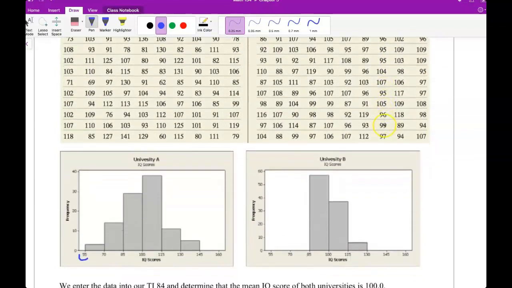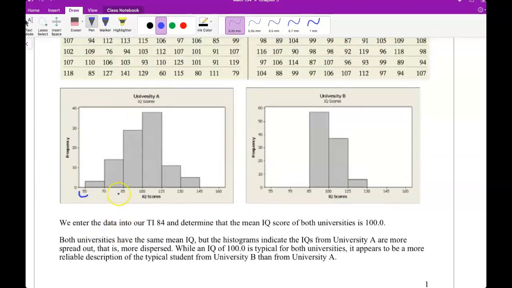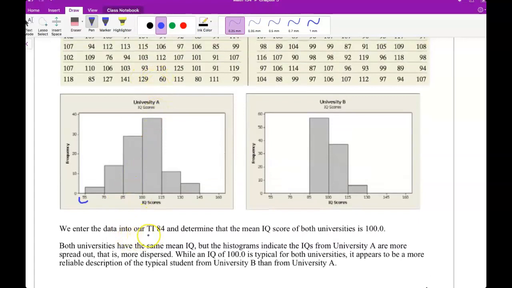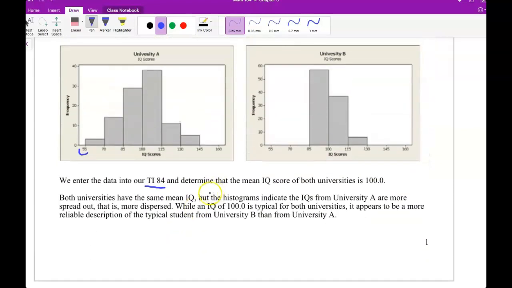And we can enter all the data that we have for each university into our TI-84. I don't want to enter these right now, so I already did. And I got